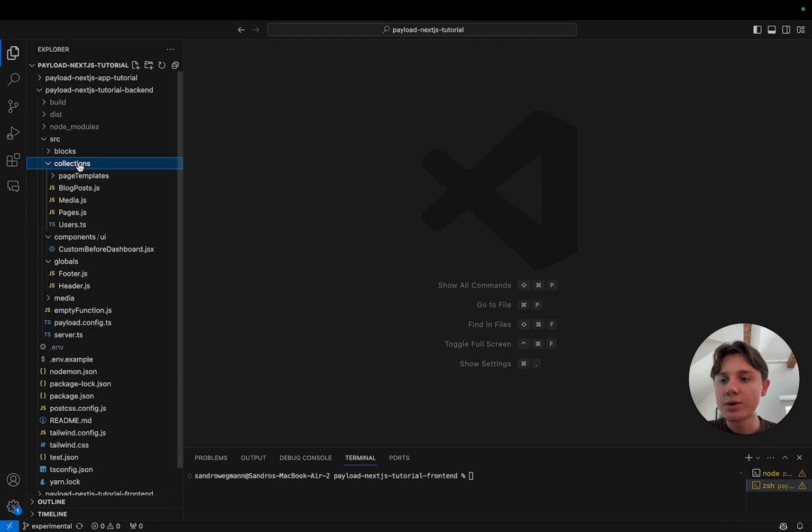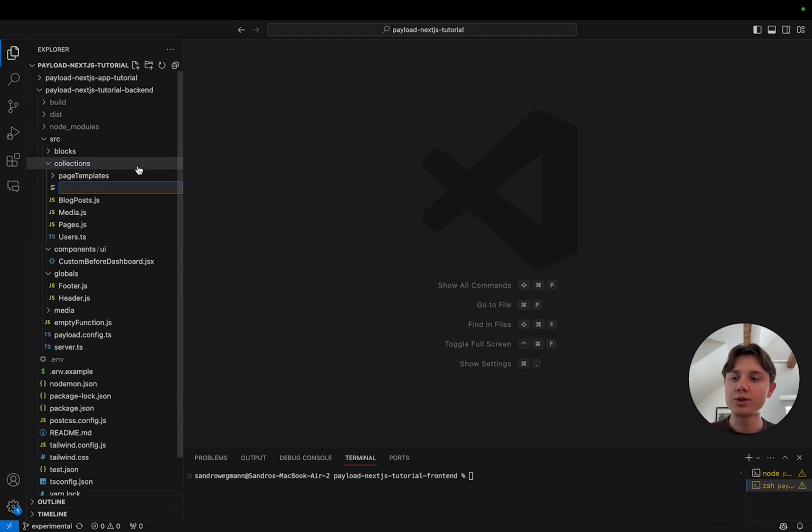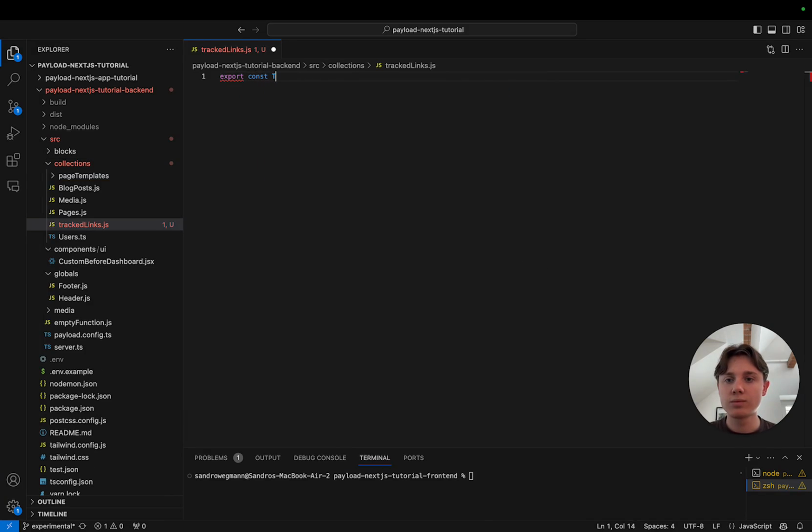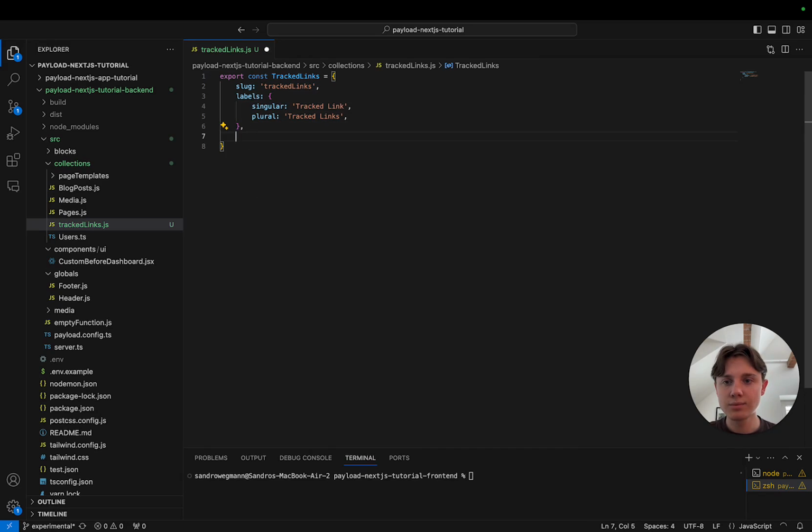So let's get started creating our collections. Like I said, I will create two collections. The first one will be tracked links. So this is pretty standard. We need to give it a slug. Let's also give it labels. And then for fields,